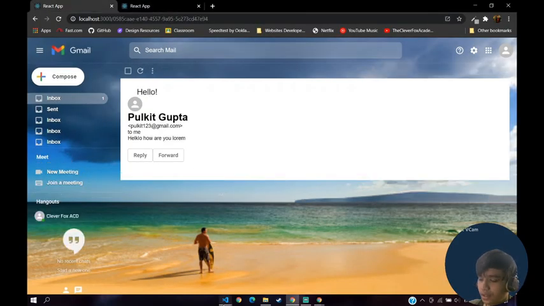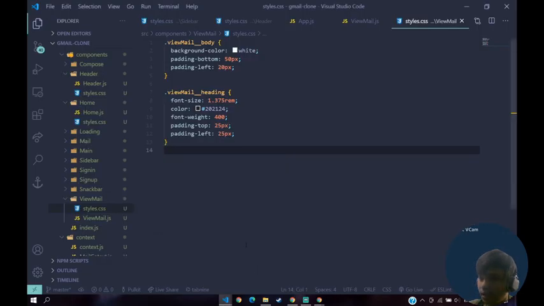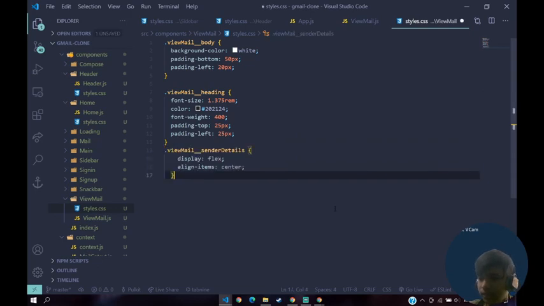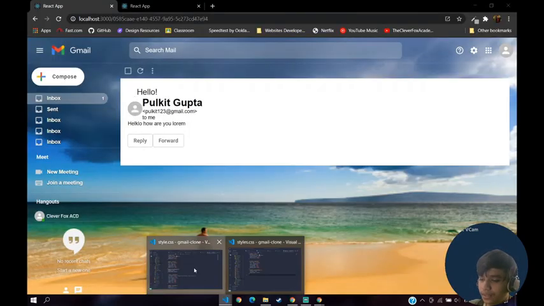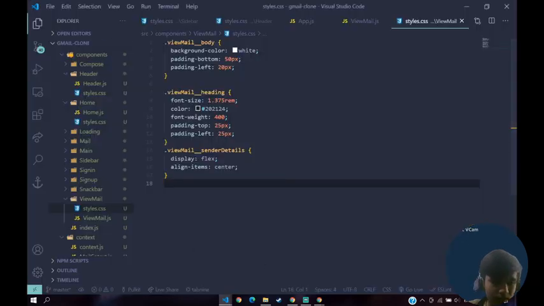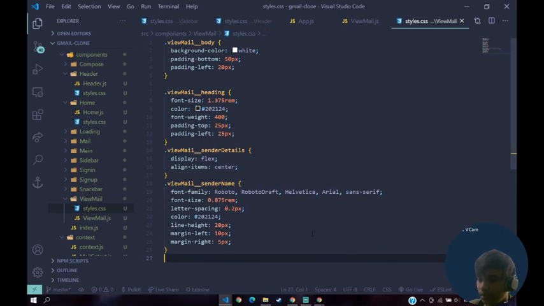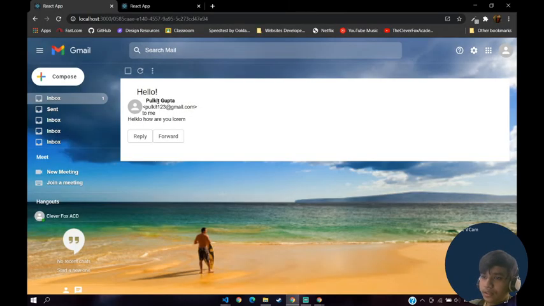Hello with an exclamation mark, and then we'll have the sender details. For our sender details, we are going to give to this div, so this will basically align this in this position. Then again we are going to style our sender's name. This is what our sender's name should look like.